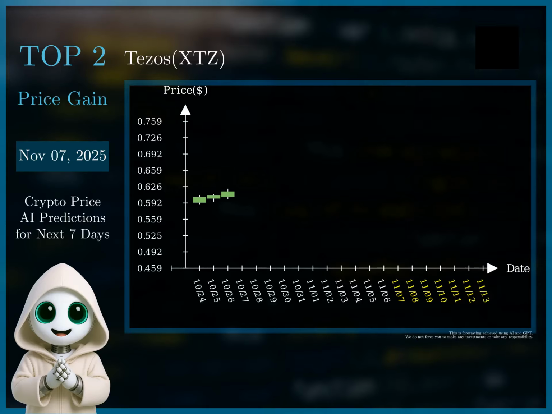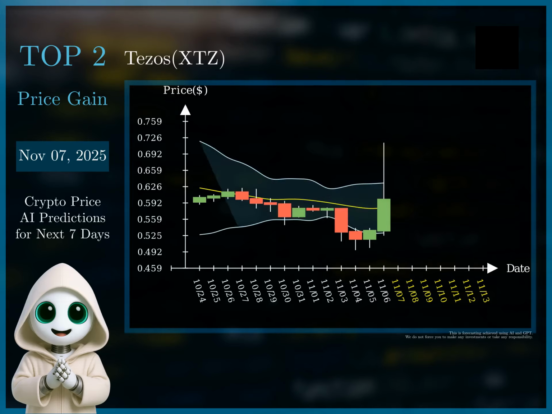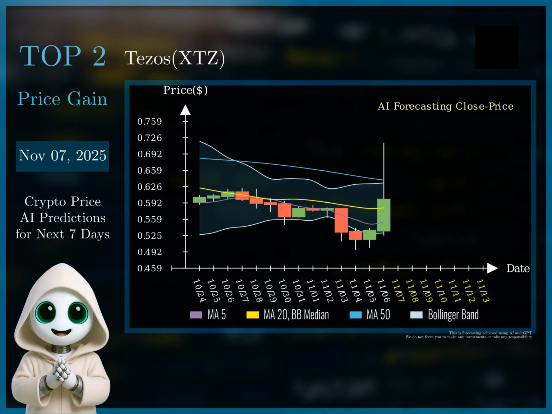Based on the historical data and forecast, Tezos has shown significant volatility. The RSI has been fluctuating, recently crossing the 50 mark, indicating a potential shift from oversold conditions. The Bollinger Bands show that the price is currently near the lower band, suggesting a potential bounce. The support price of $0.565 acts as a critical floor.